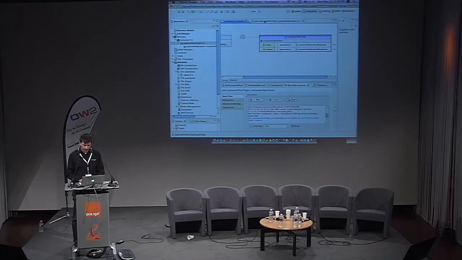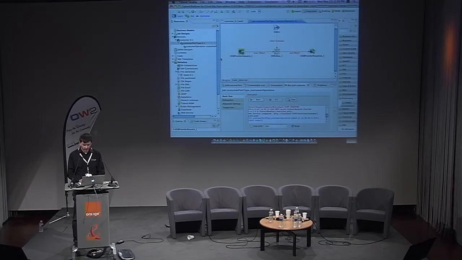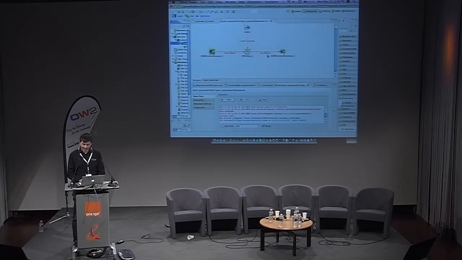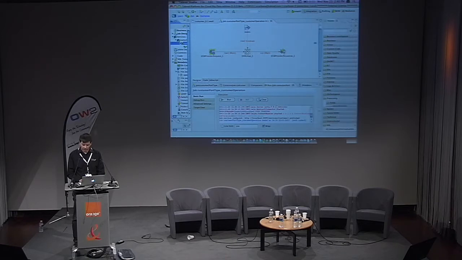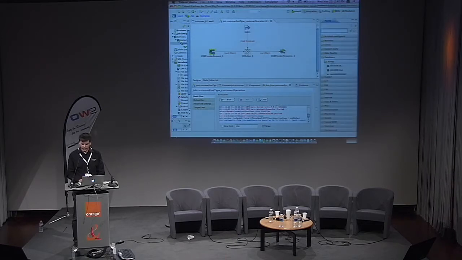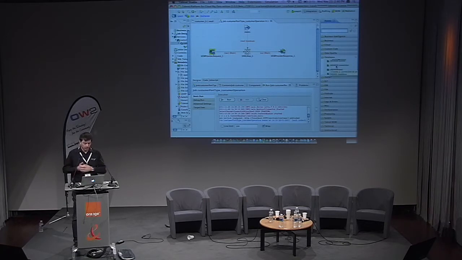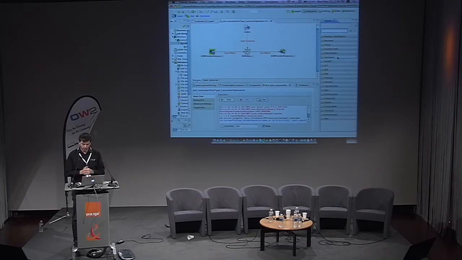And for that, you can leverage all the DI part of Talend to access, for example, a lot of data sources. So if you have some databases, or an AS400, for example, you can build your service and take some data from the AS400. And for sure, you have more than 600 components.